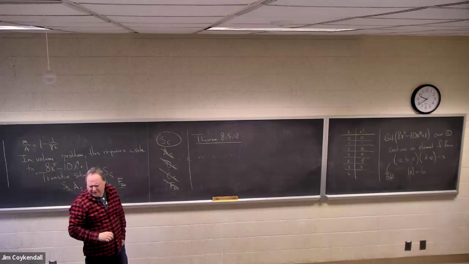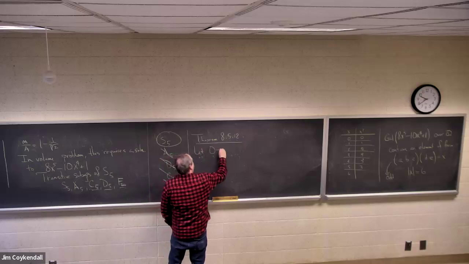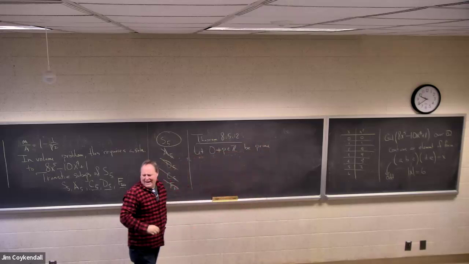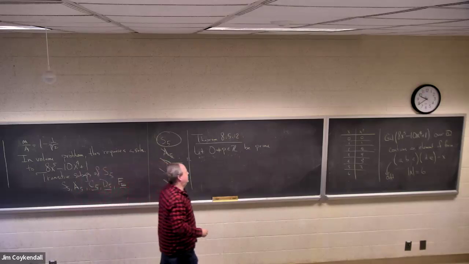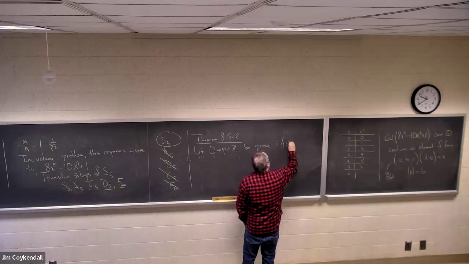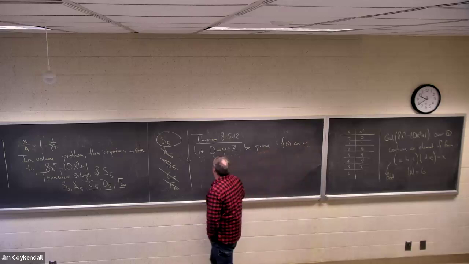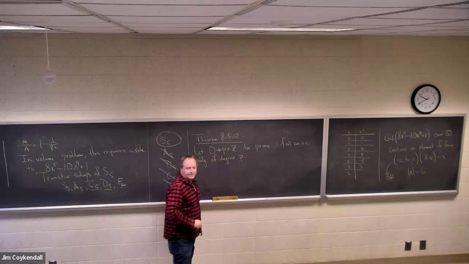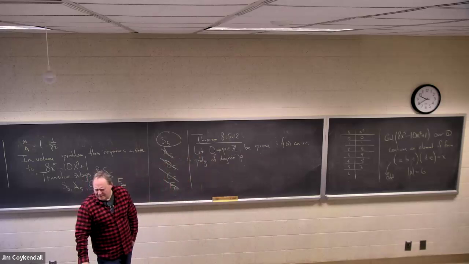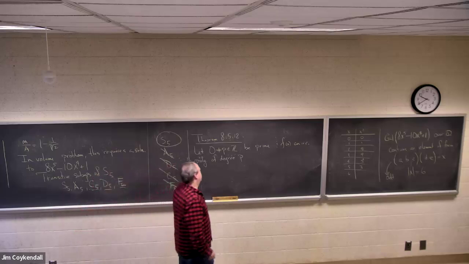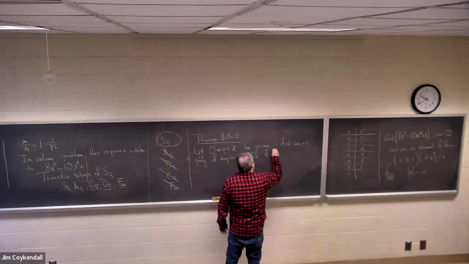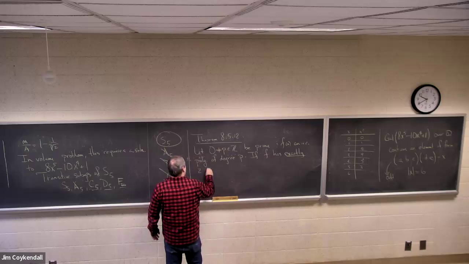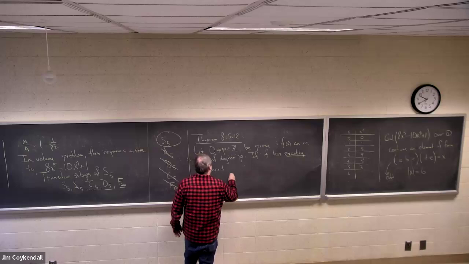Let's suppose that P is a positive prime, and f of x is an irreducible polynomial of degree P. If f has exactly two non-real complex roots,